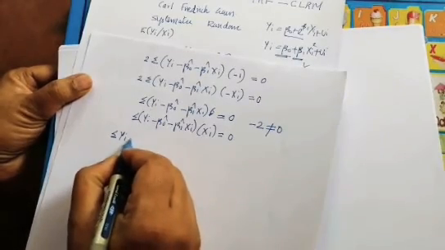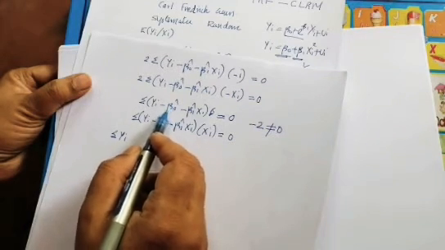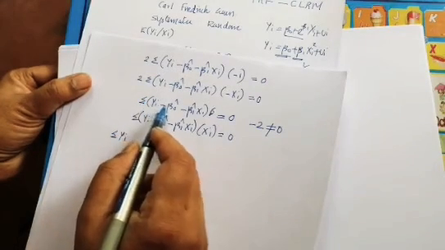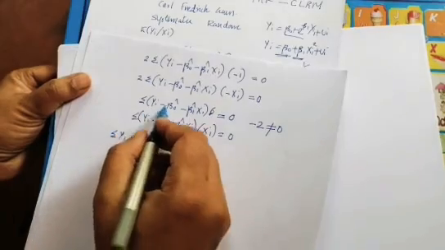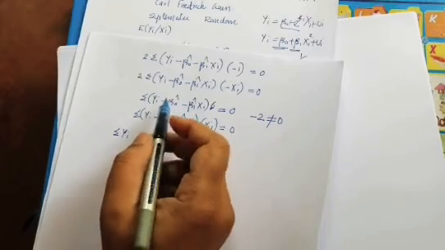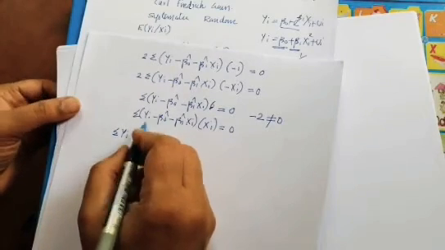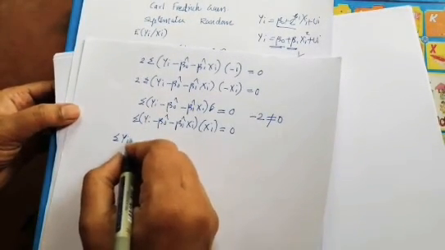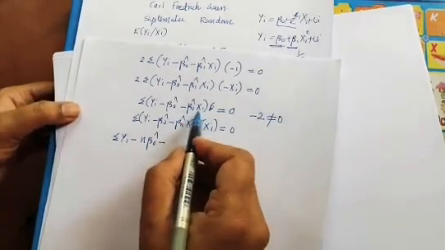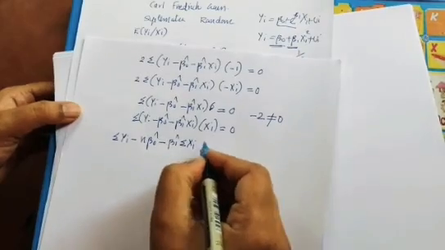that is equal to sigma yi minus. Here we have to look at it: it is a coefficient, it's a constant. Therefore, by assigning the sigma sign we have to multiply it with the total number of terms, because sigma is assigned only to the variables and here it is not a variable. Therefore we will assign n, that is the number of terms. Instead of summing it up, we will multiply by the total count. Therefore it's equal to n beta 0 hat minus, here there is a variable xi, therefore we will assign sigma beta 1 hat into sigma xi